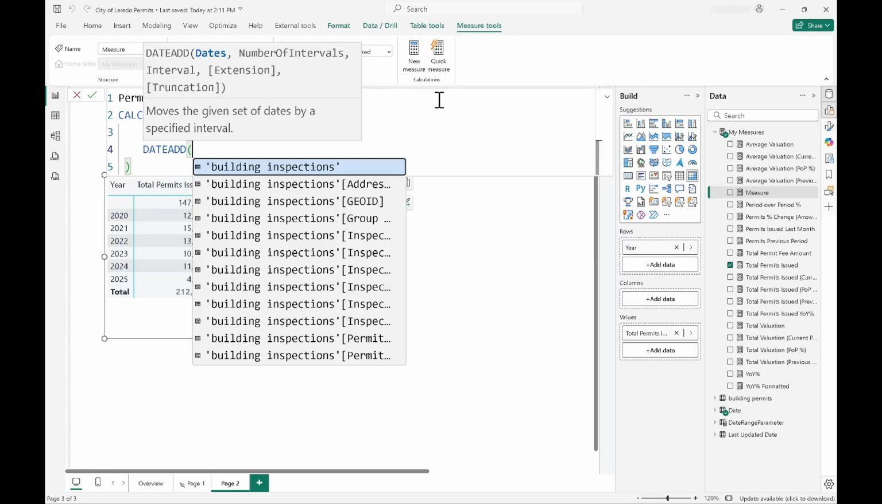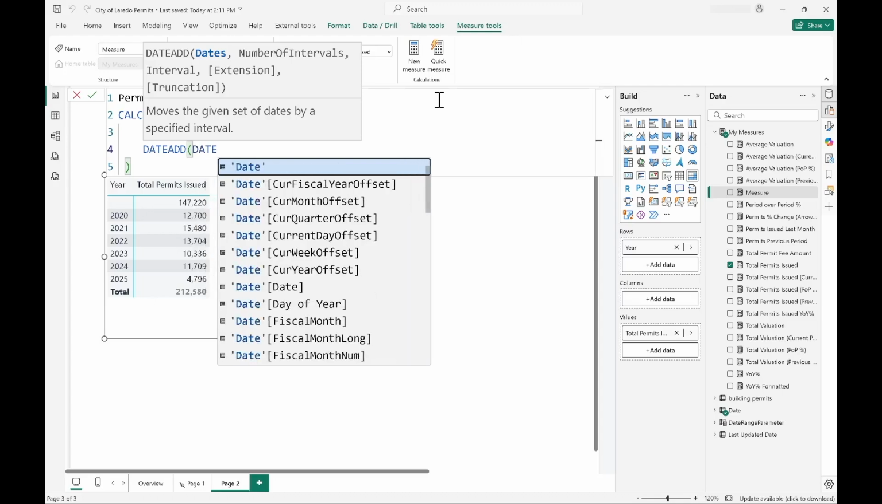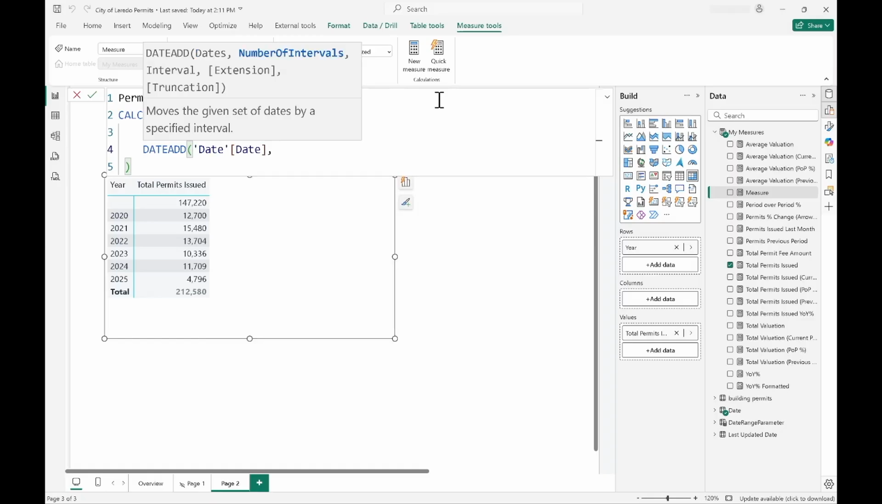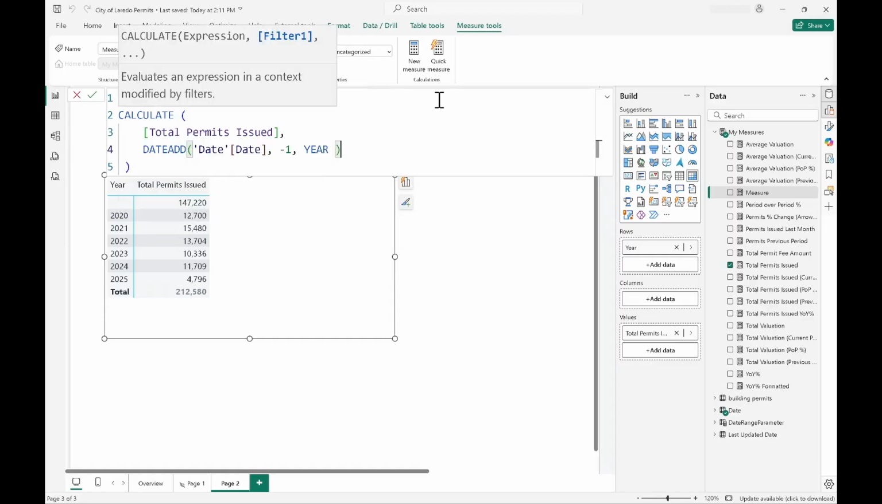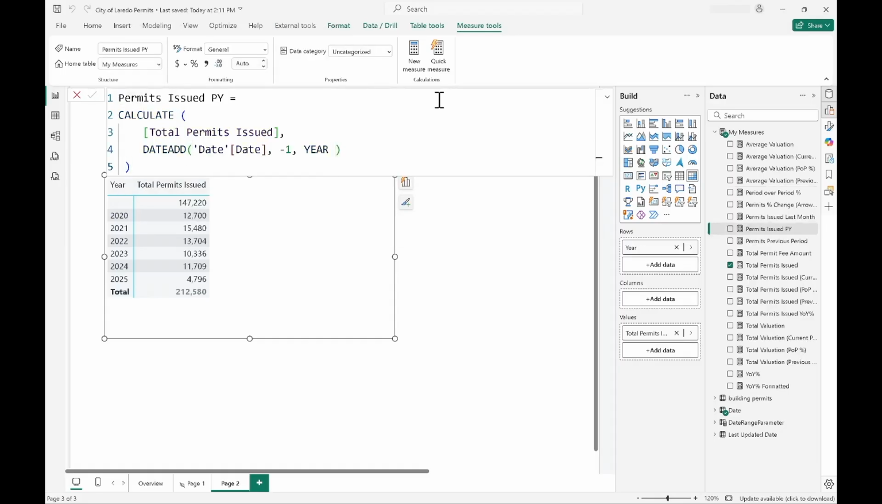The first one is the date column from the date table. The second parameter is the interval that we're looking for. In this case, -1, because we want the previous year, comma. And for the third parameter, we specify the interval type, in this case, year. We close the parentheses, hit enter,